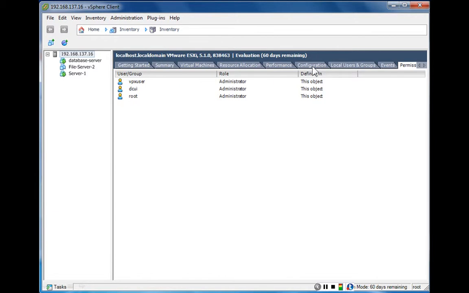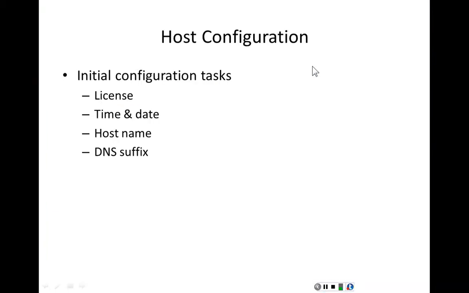Let's turn our attention back to the Configuration tab. In the Configuration tab, I would like to look at some of the things that you would typically initially configure after installing the ESXi host, bringing it up, and then connecting to it with the vSphere client. Now, we already assigned it an IP address when we were physically connected. But now we're remotely connected, we're going to configure the following variables: license, time and date, host name, and DNS